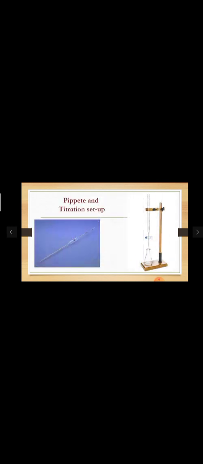After that, for the titration, the very important apparatus along with the burette is the pipette. Pipette and burette are the main apparatus again for the titration setup. You can observe here one glass tube, and this is the apparatus called pipette. By using this pipette we are going to take solutions of 5 ml, 10 ml, which are available. So accurate solution volume will be measured by this apparatus. It is nothing but the pipette.